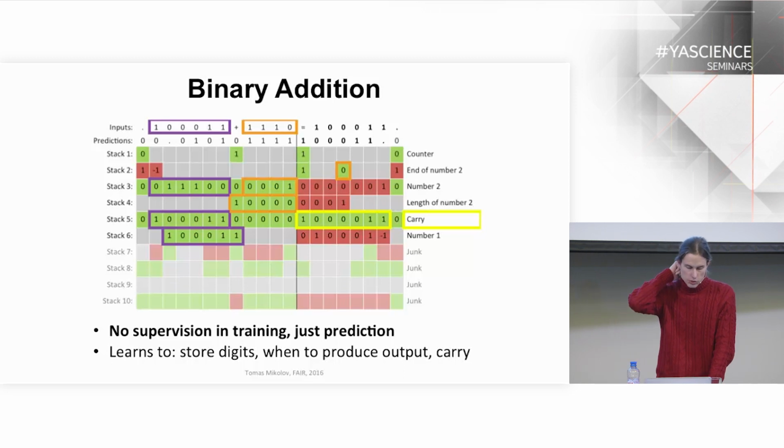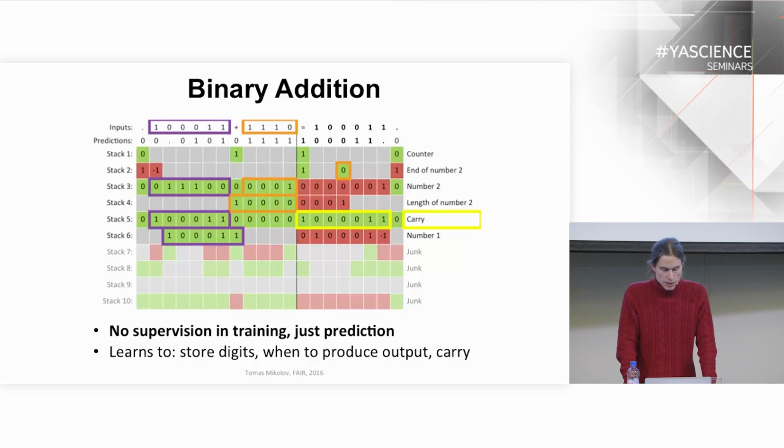states. So once it's reading the first number, it's writing it in 3 stacks. It's writing the information, not the number exactly, so it can actually write everything in opposite. Then it switches after it sees the plus sign to storing the second number. The green color means push operation on the stack. Here we have 10 stacks, and the number in the squares means what is currently on the top of the